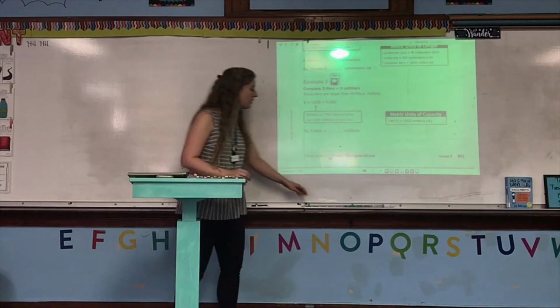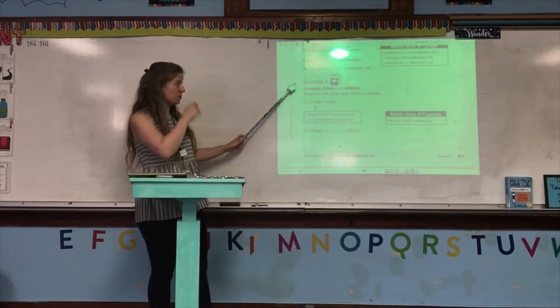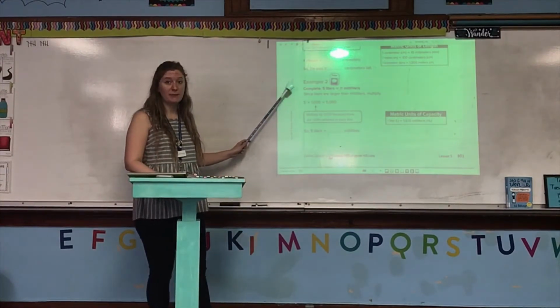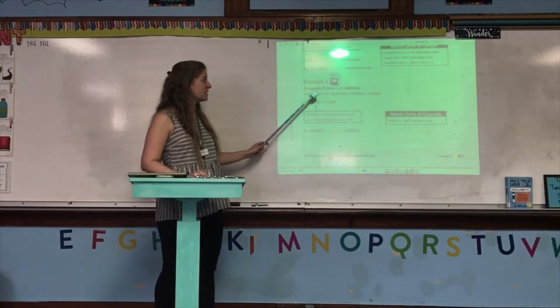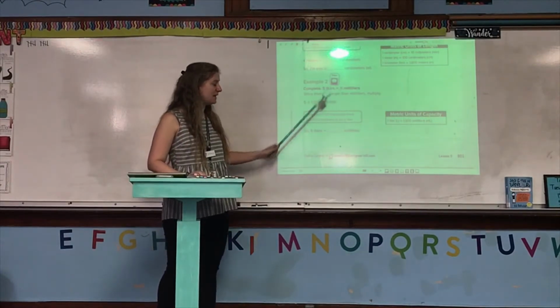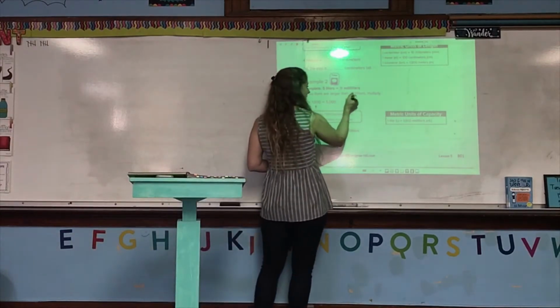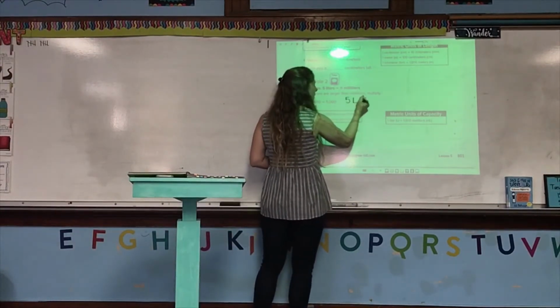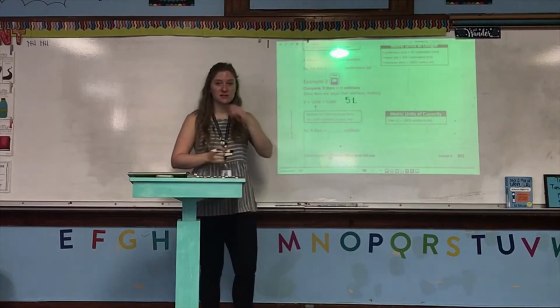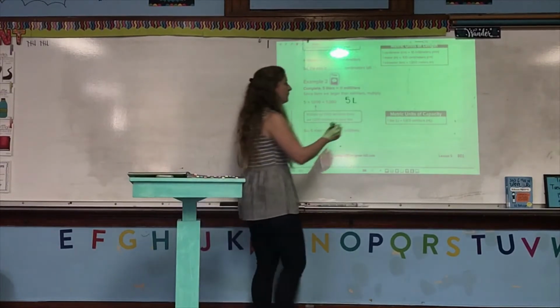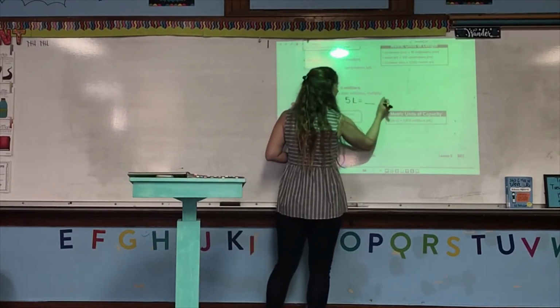Okay guys, so now go ahead and put your finger or pencil on example 2 and read in your head while I read out loud. Complete. 5 liters equals blank milliliters. So what we're doing is we are figuring out, okay, well we know 5 liters, remember liters is abbreviated with a capital L, equals how many